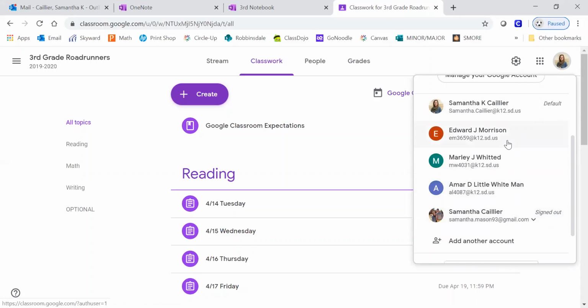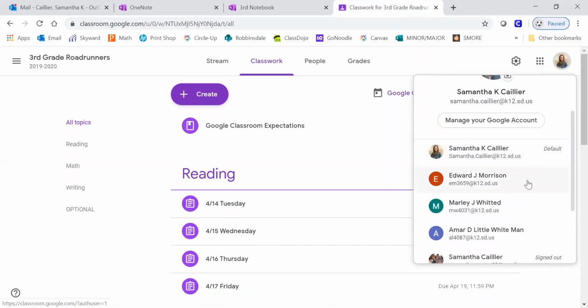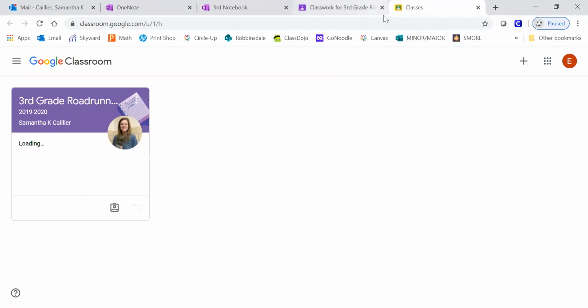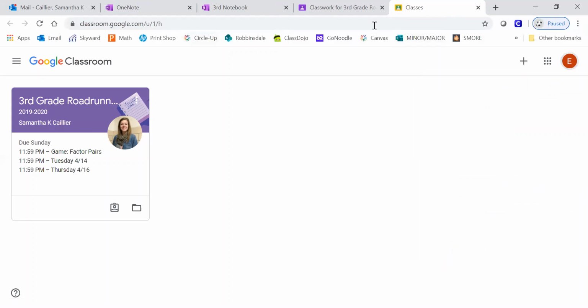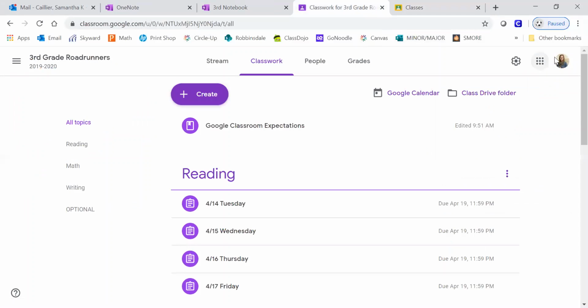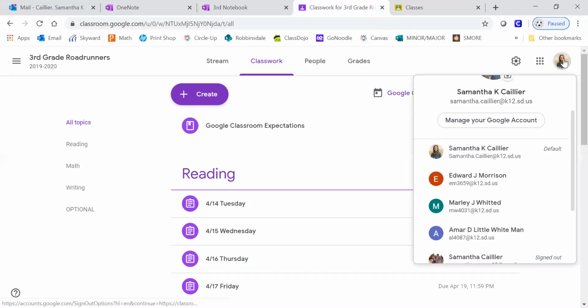So if I was trying to use one of these other accounts, I would have to make sure I click on one of those, because every time you open a new tab, it's going to default to that default account unless you are changing it. So make sure you're using that icon up in the top. It might be a picture, it might be a letter, and make sure that you are switching between accounts when your students are switching